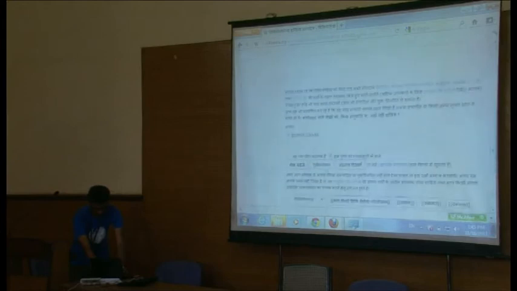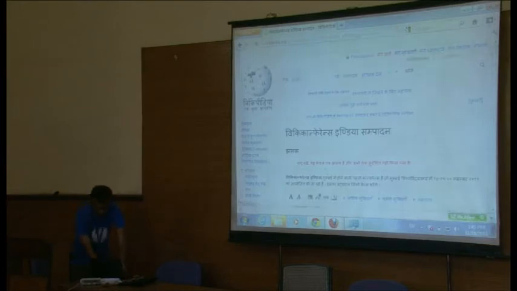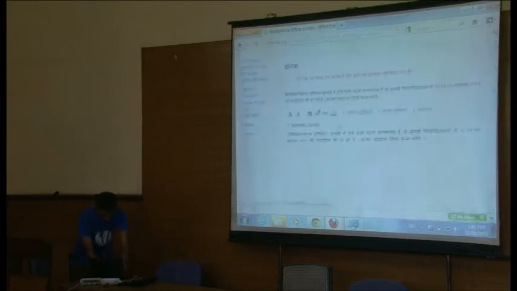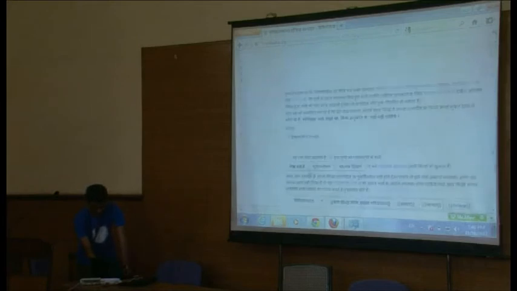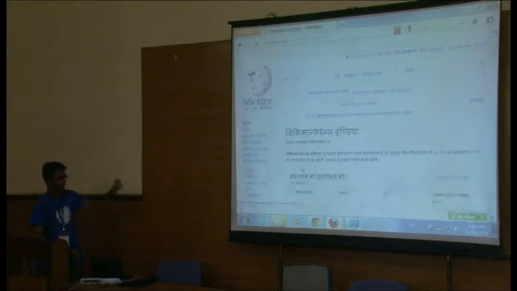and in the preview, or Purvavalokana, we'll click and see how exactly this looks after it gets saved. Now we can see WikiConference India is a bold word, and in the same way we can make words italicized. For example, Mumbai is a place name which I want to make italicized. Just select the text and keep the cursor on that. It shows italic. Click on that, and now when you save this article, WikiConference India is bold and Mumbai is italicized.